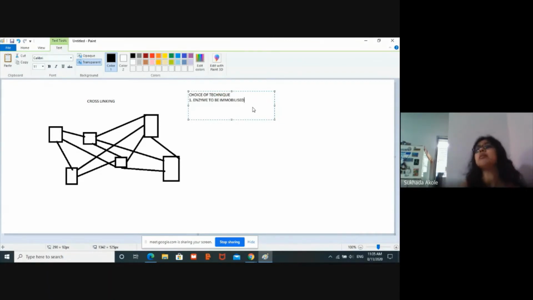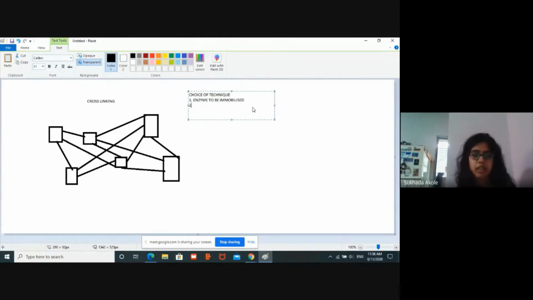मतलब कौन सा enzyme हमको immobilize करना है, उसका structure क्या है. ऐसा नहीं होना चाहिए कि हमने उसको से फॉर एग्जाम्पल क्रॉस लिंकिंग से इमोबिलाइज करने की कोशिश की एंड हमारे एंजाइम का स्ट्रक्चर ही चेंज हो गया, या फिर हमने कोई ऐसा क्रॉस लिंकिंग रिएजेंट यूज किया जिसके वजह से उसका फंक्शन ही स्टॉप हो गया. So therefore the choice of the technique will depend upon the enzyme that has to be immobilized.